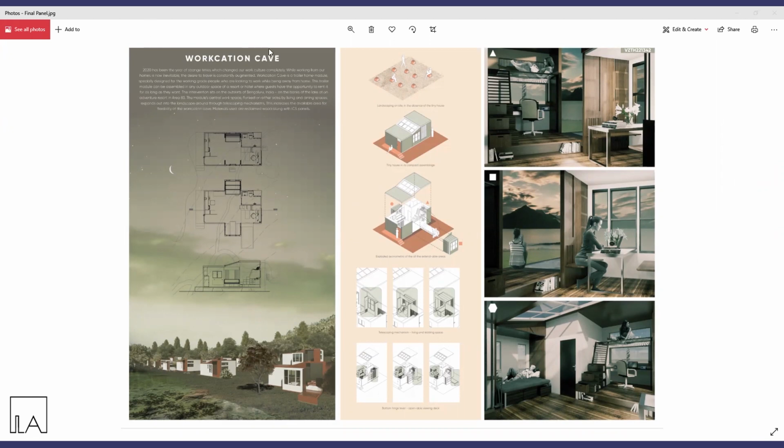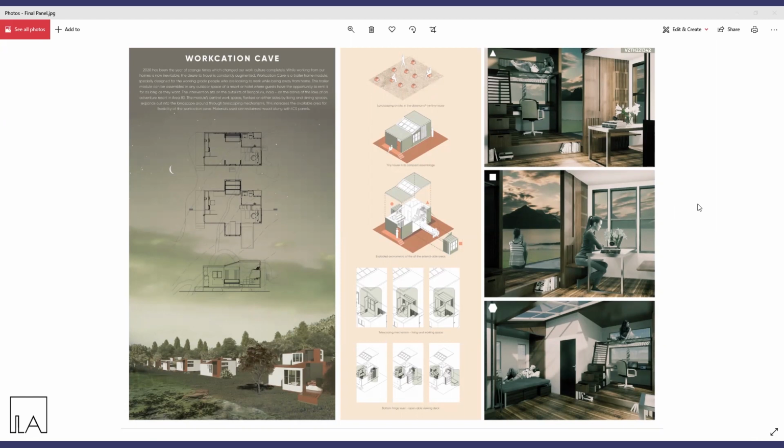Therefore, as you can see over here, this is just a competition panel that we had created for a recent competition. And the way in which we went about it is, firstly, you have a very specific idea for your project in terms of what you want it to signify and entail through the project and through your sequence of explanation itself. Therefore, once all of your smaller elements like your plans, your sections, your drawings, your renders, and your smaller diagrams or diagramming process is complete, then you can go about seeing how you can make this into a panel.